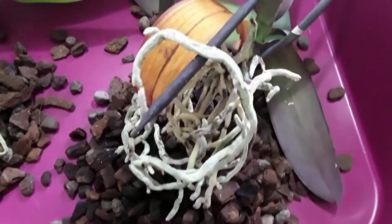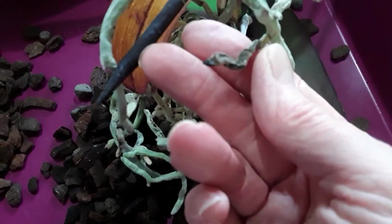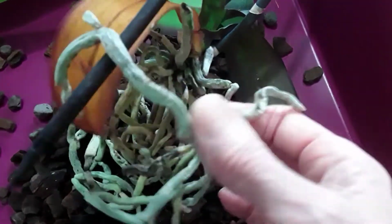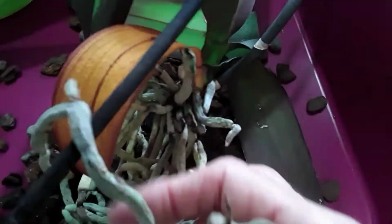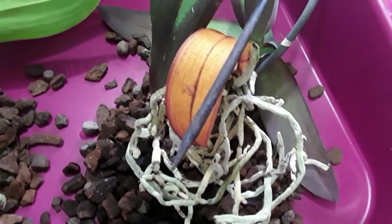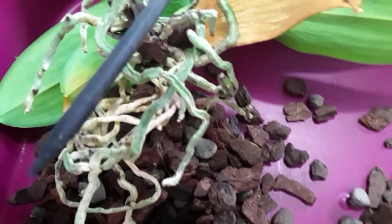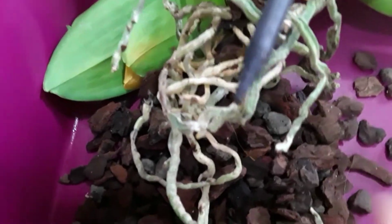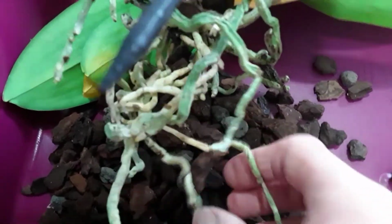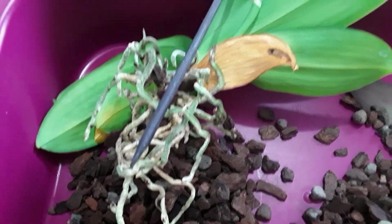Now, do you see what I mean about these roots? This one here, it's already started to rot, and they're as desiccated as anything. Now, this is no good. This won't sustain the plant. So, and this one over here, this is not much better. There's a lot of very desiccated roots. So what I'll do when I've hydrated them, I will cut those leaves off and then